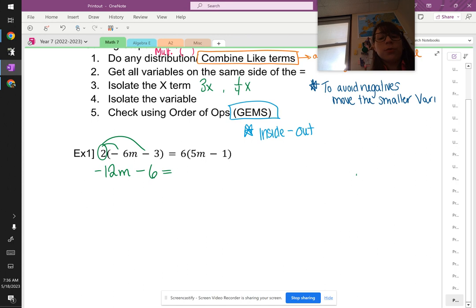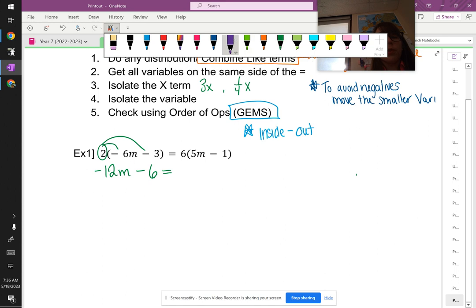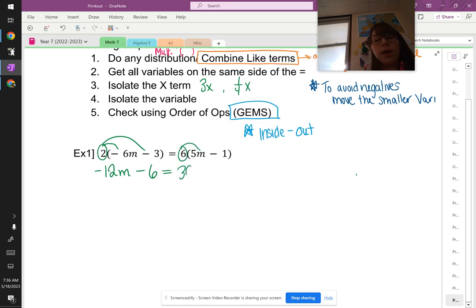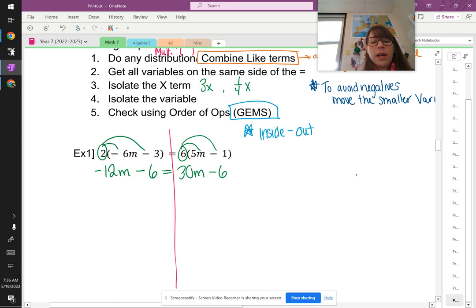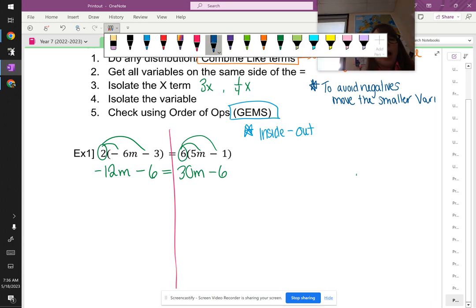Is equal to, and I can see I have more distribution over here to do, so I'm going to continue on with that. I'm going to continue with green. 6 times the 5m will be 30m, and 6 times the negative 1 will be negative 6. Yes, I am forgetting to draw my line down the middle. I'm on it. All right, so now that we have no like terms or anything like that to deal with,